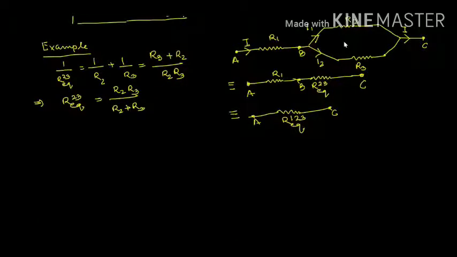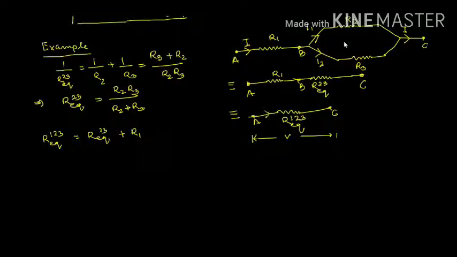Now R equivalent 2, 3 is connected in series with R1. So the equivalent resistance R equivalent 1, 2, 3 is equal to R equivalent 2, 3 plus R1, as these two are connected in series. So this is the equivalent resistance between A and C. Suppose the voltage between A and C is V, then the current I